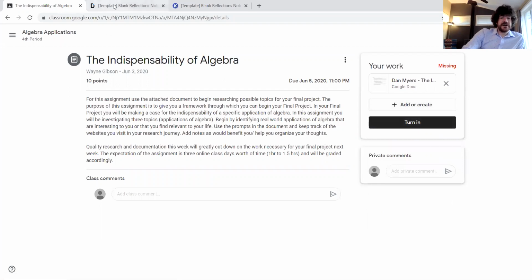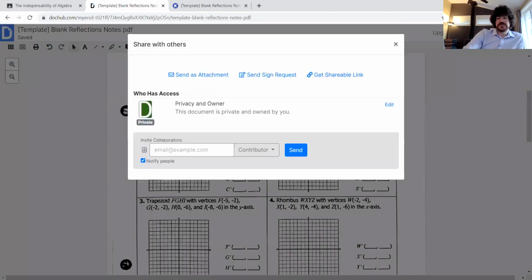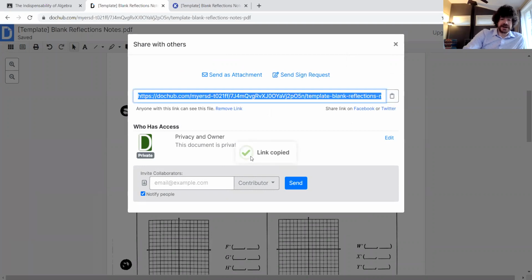If you are using DocHub, you are going to click on the little person with the plus where it says Share or Send. We're not going to bother with any of the sending from here. You're going to click on Get Shareable Link. We're just going to link it again, just like we did with Cami. Then if you click on the little clipboard here, it says copy link. Click on copy link, and it'll say link copied with the little green check. Once you have copied your link,